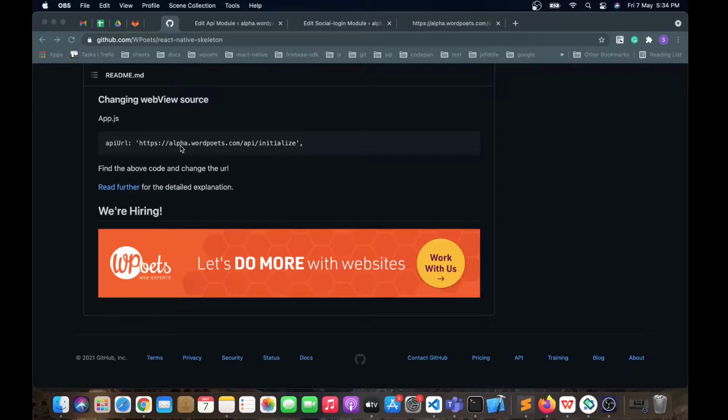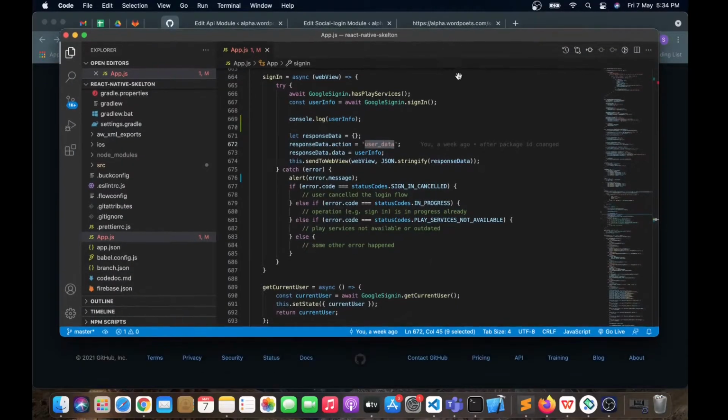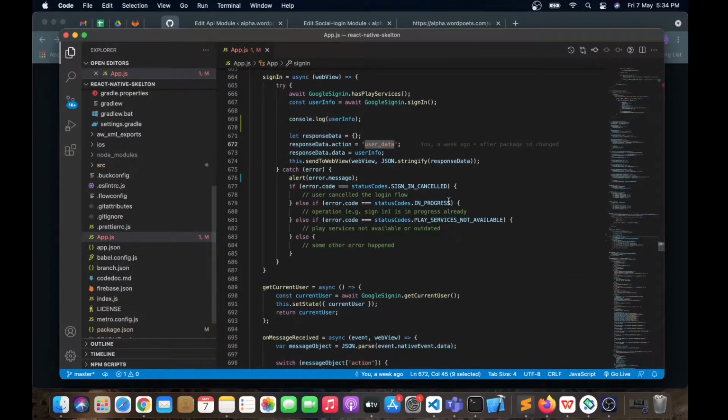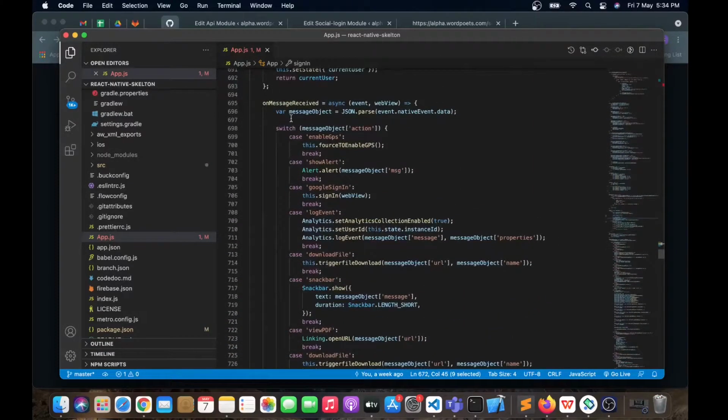So let's look into our code once. As you can see, I have opened our app.js. In app.js we have an on message received function. It will be triggered whenever we fire a post message from our web view.